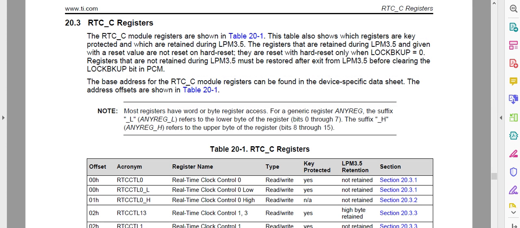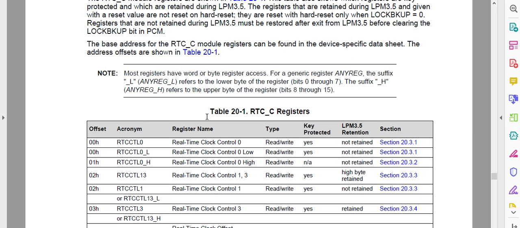Hello all, let us see how to enable RTC in MSP432 microcontroller. If you see the reference manual of the MSP432 microcontroller, there are a few registers which are important and need to be configured. Talking in brief, the first thing we have to do for RTC is enabling the RTC,